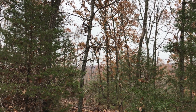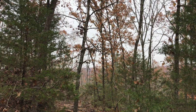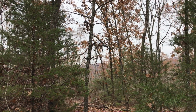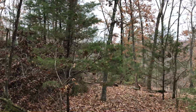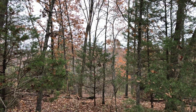This is going into the first winter, and this property was just logged. So this spring it will look a little better. The second spring it'll look a lot better. And then, of course, it'll look better and better every year after that. But it's those first 2 years. So if you can put up with a little bit of a messy property for the first 2 years, you're going to get a really good deal